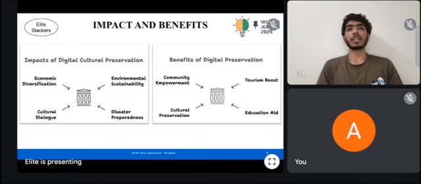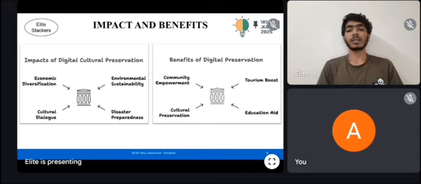Impact of digital culture preservation. Firstly, economic diversification. By digital culture, we open new doors for new industries like culture, tourism, creative arts, and digital media to grow, reducing our dependence on traditional sectors. Next, environmental sustainability. Digital methods reduce the need for physical preservation like printing or storing physical artifacts, saving resources and minimizing ecological footprints.